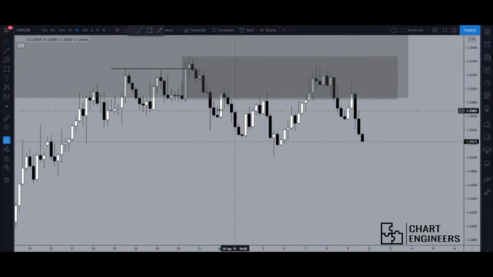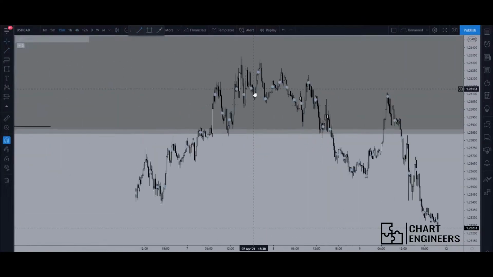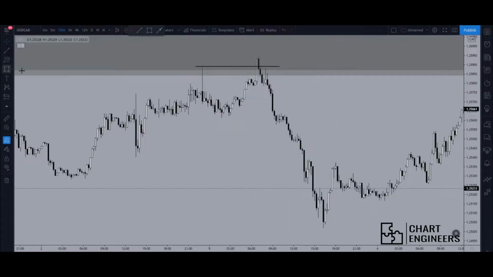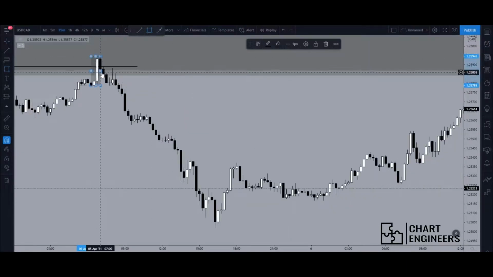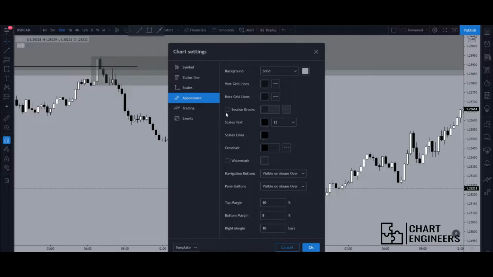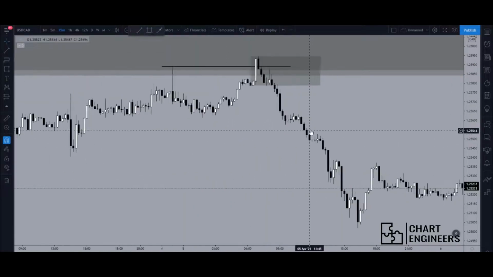So I'll mark that out, and you see downtrend, and then the market comes up, we swept this high, and then on the 15-minute we created this breaker zone here, and then this came back at